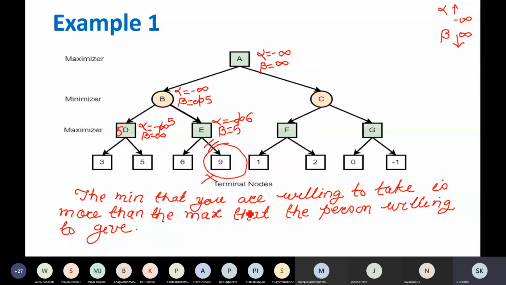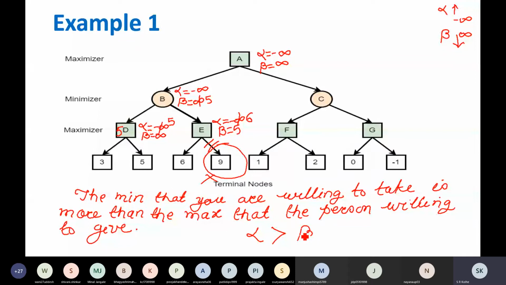The minimum that you are willing to take is alpha, and the maximum that the other person is willing to give is beta. That is, you want more than the other person is willing to give.